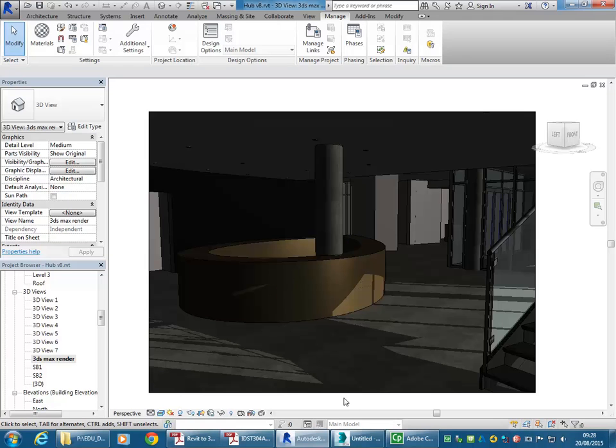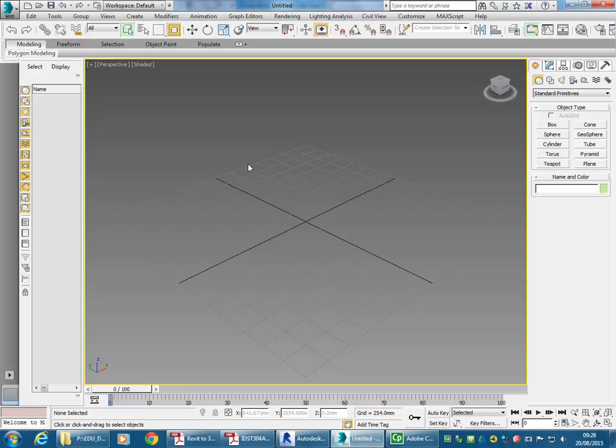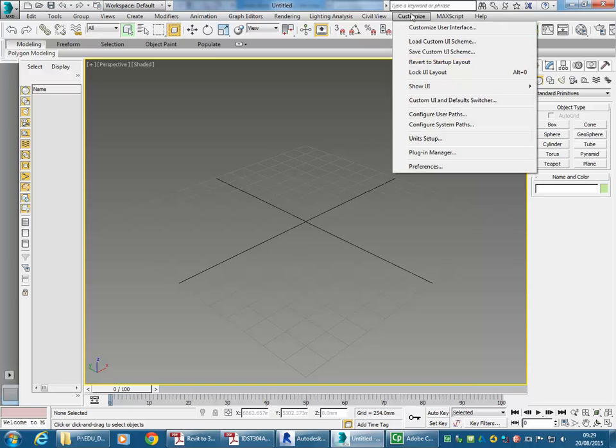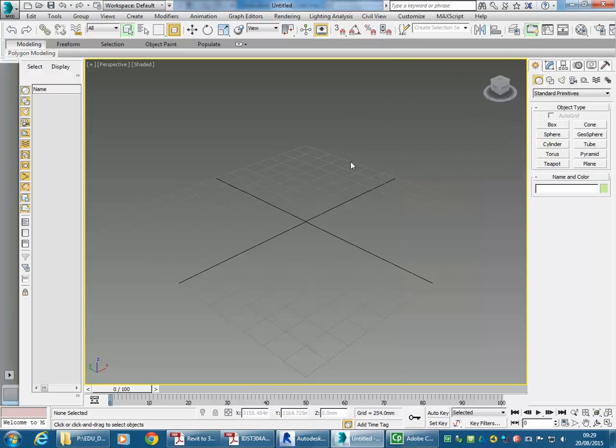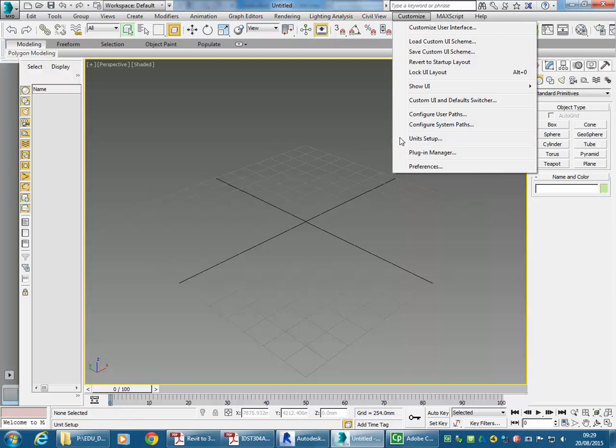So that's done. Okay, so now you need to have 3ds Max open, and you can have both programs open at the same time usually, and just switch between them. Under customize, first thing you need to do is go to unit setup. By the way, I've started a new file, so when the welcome screen comes up, if you have an option, just make sure you choose create new scene, and then under customize, unit setup,